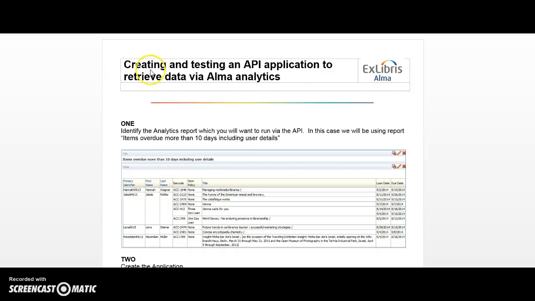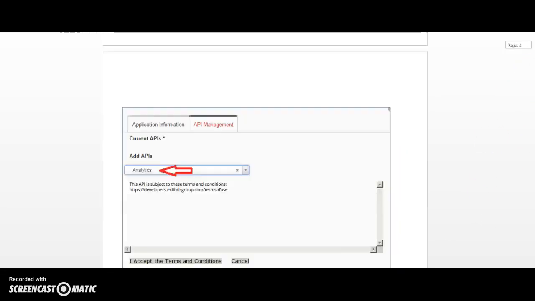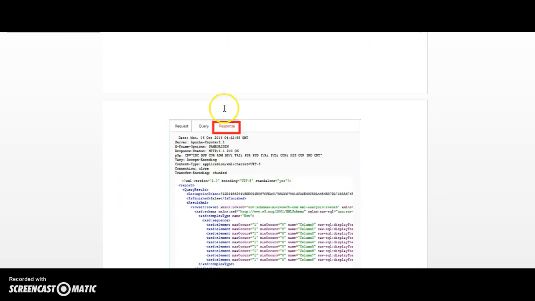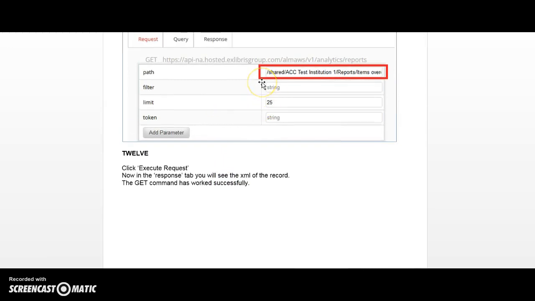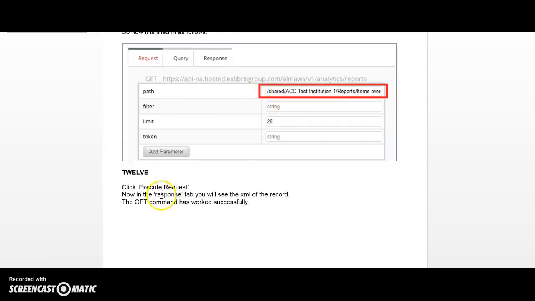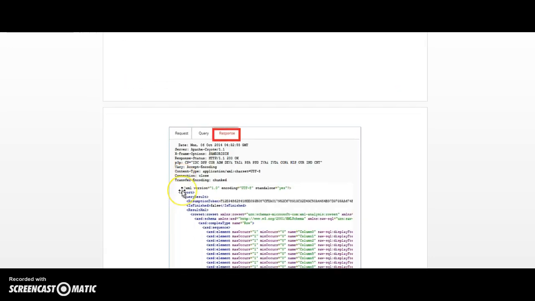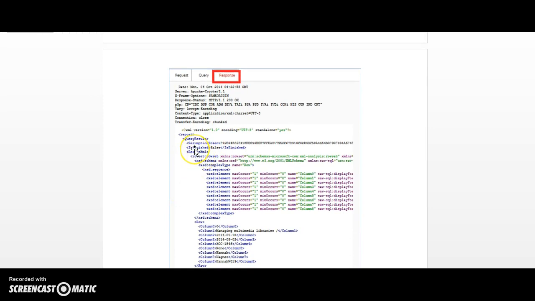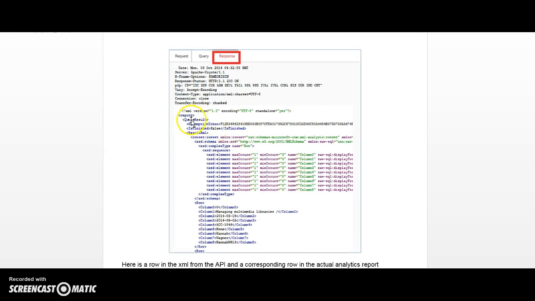In this document called Creating and Testing an API Application to Retrieve Data via Alma Analytics, you've got a step down here that I'm unable to duplicate, and it's right here. It's after you enter the path name and you click on Execute Request that you're supposed to, in the Response tab, see that it successfully ran that request. Maybe I'm not using the right terminology, but you're supposed to see something like this, and instead I'm seeing a